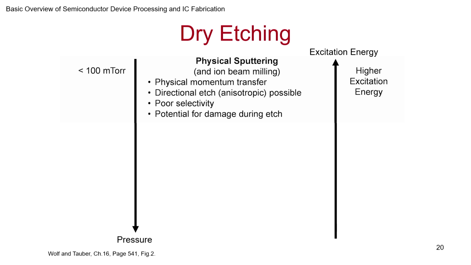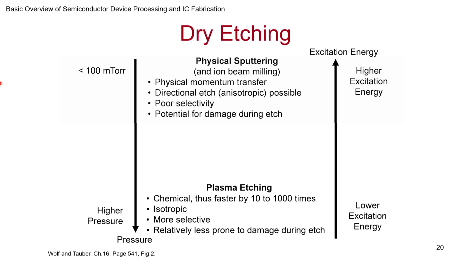And what are the features that you are likely to find? This is actually a brute force method. Physical momentum is just transferred. You accelerate a particle, it comes and just yanks away the atoms that are present in the film. It doesn't care what is there. Whichever material is there, it will take, and it will be very directional. Selectivity is poor, and it will only go in the direction in which the momentum is available. And there is potential damage due to this etch because it's a brute force method, right?